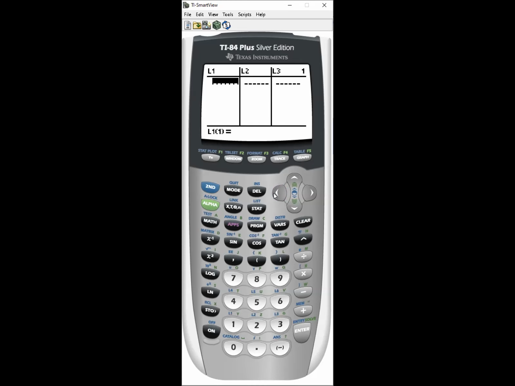Group 1, we have 4, 6, and 8. Group 2, 1 and 5. Group 3, 9, 10, and 5. Good. So our null